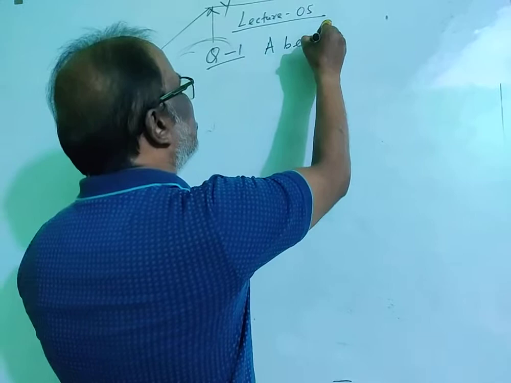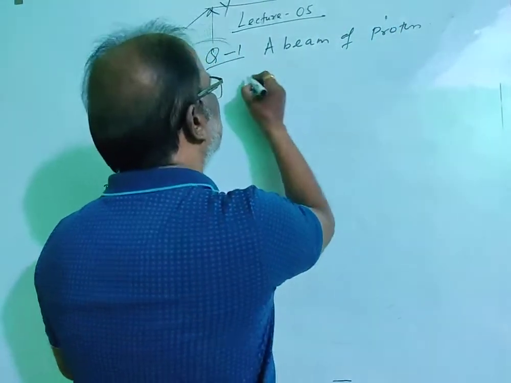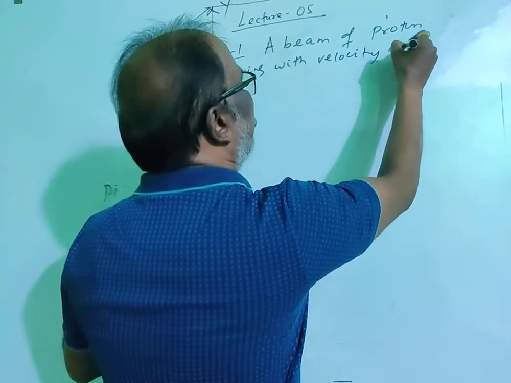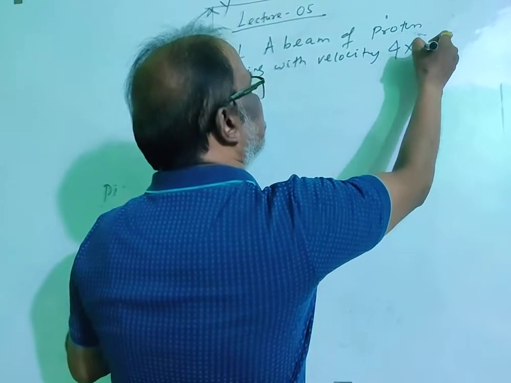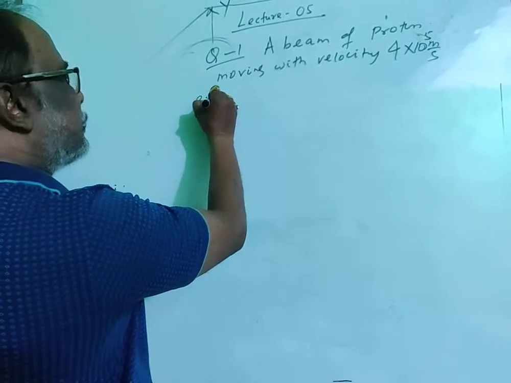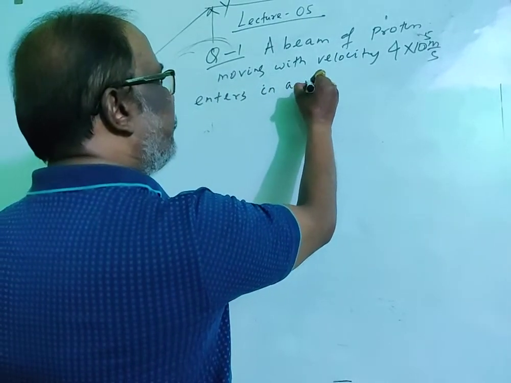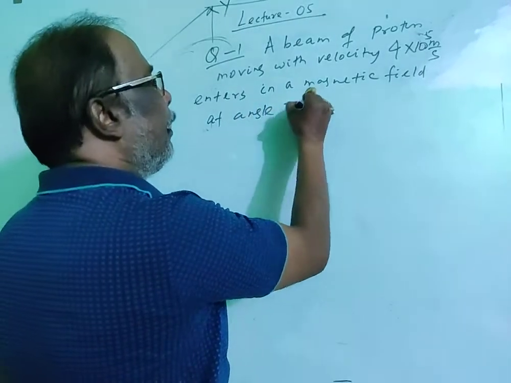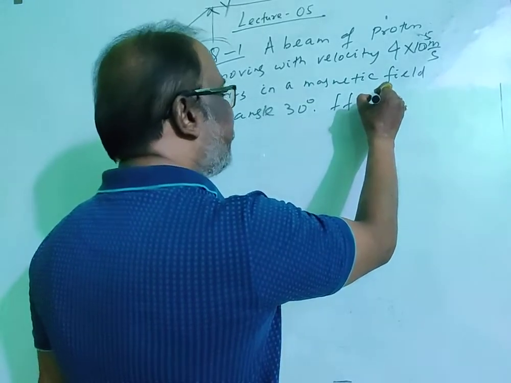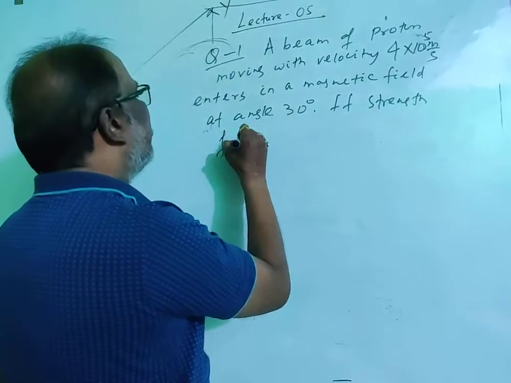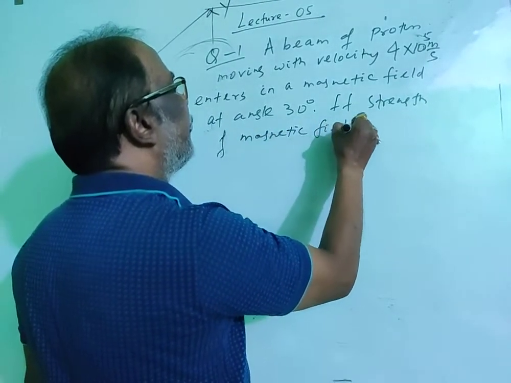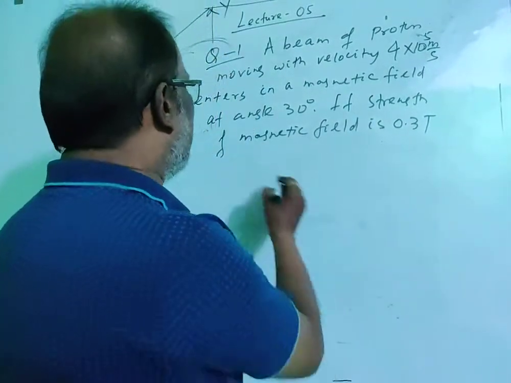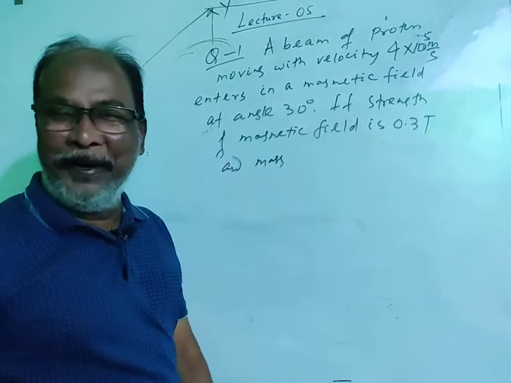A beam of protons moving with velocity 4 into 10 to the power 5 meter per second enters a magnetic field at an angle of 30 degrees. If the strength of the magnetic field is 0.3 Tesla, and the mass of a proton,